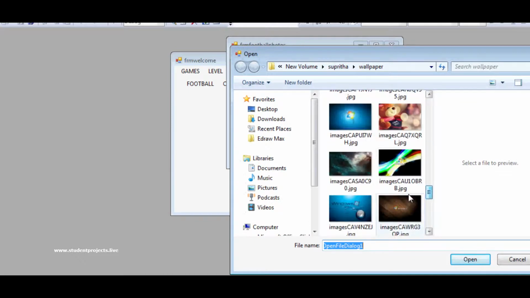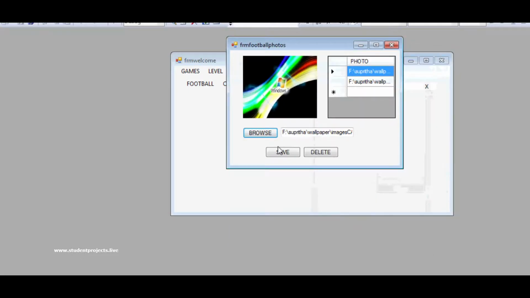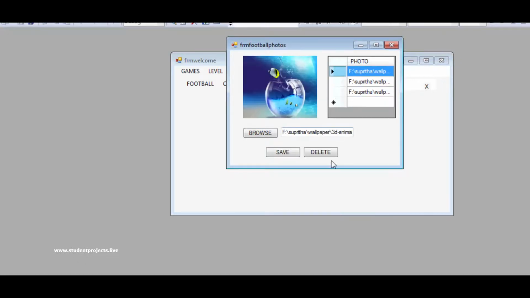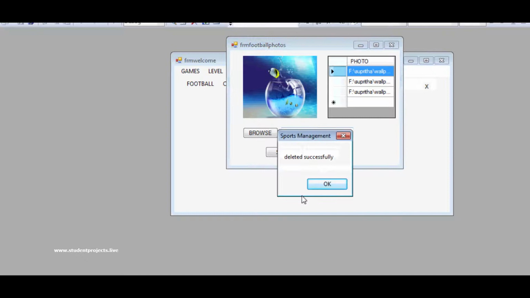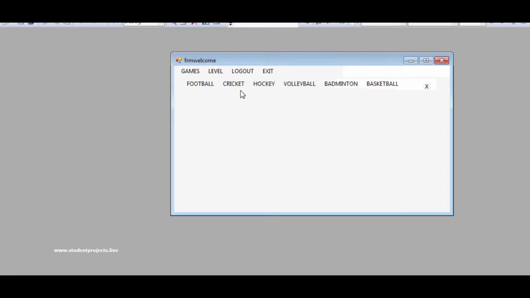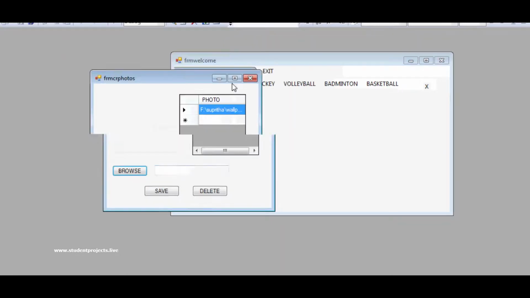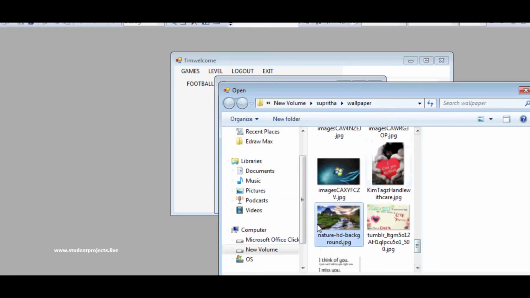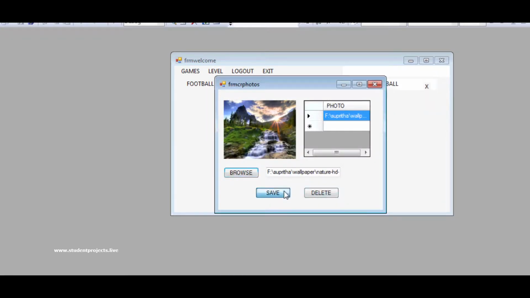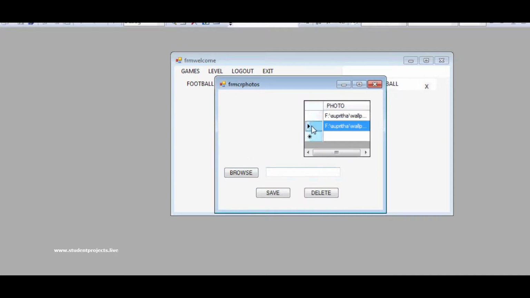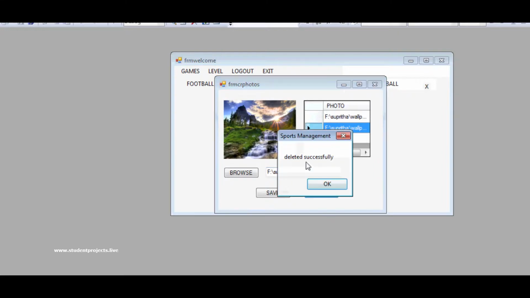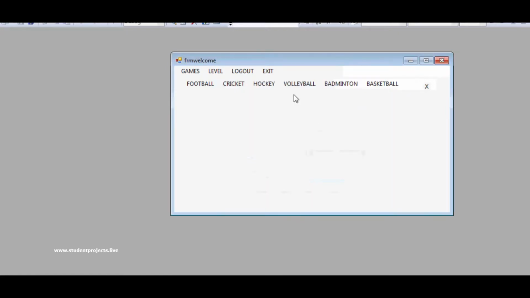So for each sport the photos can be added, and the photos which are added can be deleted also. So every sport has the photos menu in which the admin can add the photos related to that particular sport, as well as photos of the sport while it is taking place.